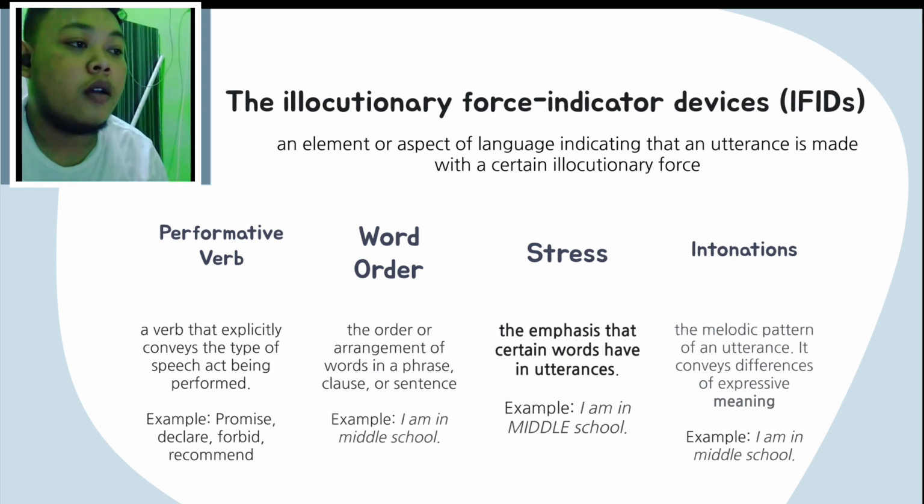Performative verb is divided into two, namely explicitly performative verb and implicitly performative verb. For example, performative verbs are the words promise, declare, forbid, and recommend. For the example in utterance, I would like to use the word recommend. The example is "I highly recommend this short." It is the explicitly performative verb because it's using the performative verb, the word recommend, and it's the explicit